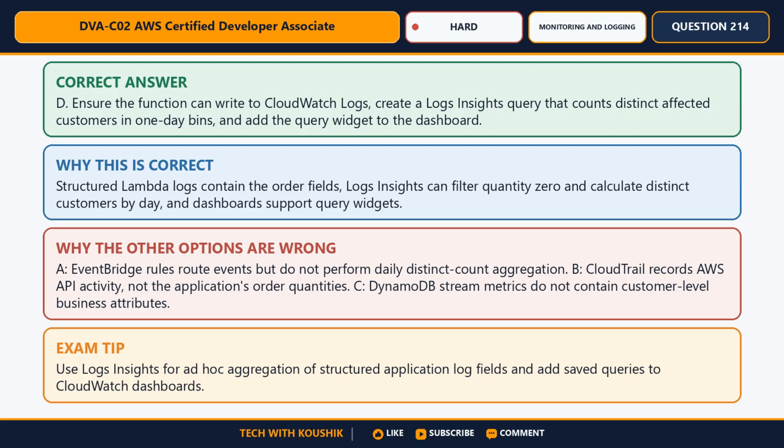Why are the other options not correct? A. EventBridge rules route events but do not perform daily distinct count aggregation. B. CloudTrail records AWS API activity, not the application's order quantities. C. DynamoDB stream metrics do not contain customer-level business attributes. Exam tip. Use Logs Insights for ad hoc aggregation of structured application log fields, and add saved queries to CloudWatch